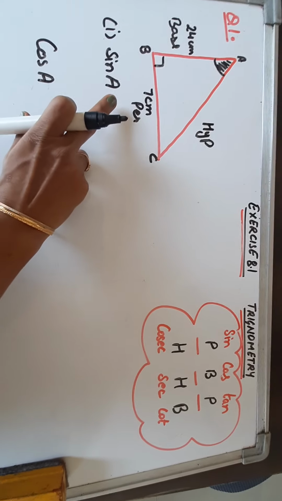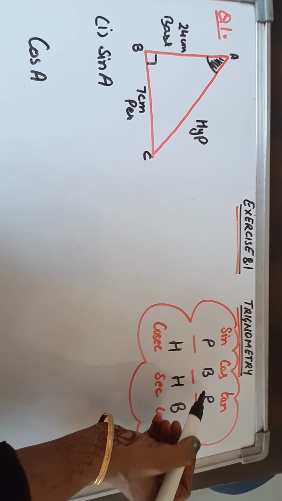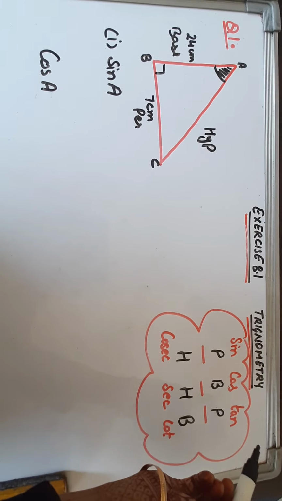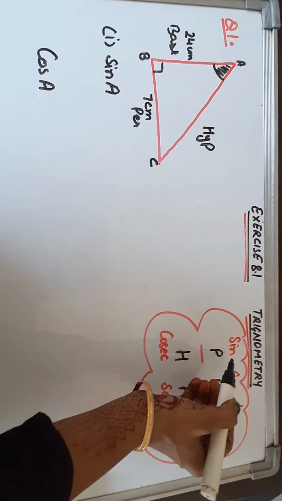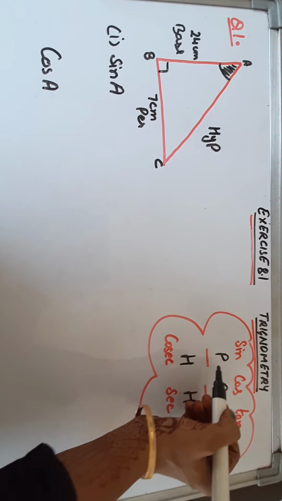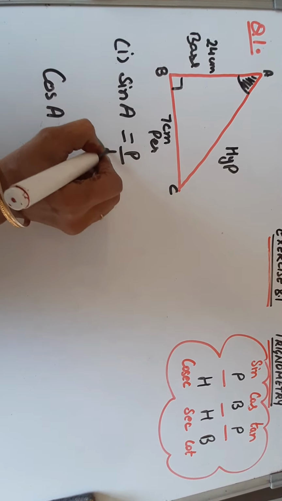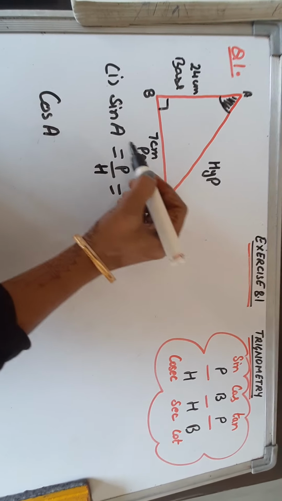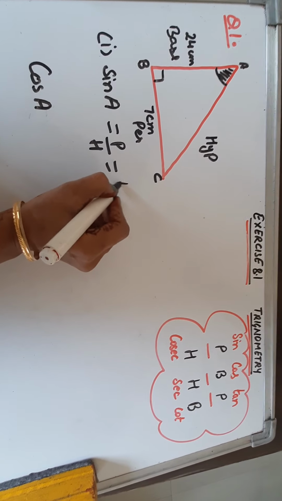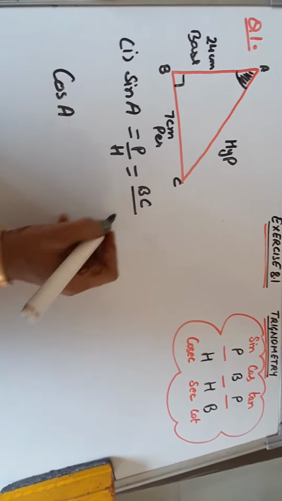But we first write down the ratio of sin A and cos A. So Pandit Badri Prasad Har Har Bhole, S for Sona, C for Chandi, T for Tole. S for sin, C for cos and T for tan. So what is the ratio for sin? Perpendicular upon hypotenuse. So let us write down perpendicular by hypotenuse. So according to angle A, the perpendicular is BC. So we will write BC upon hypotenuse, which is AC.